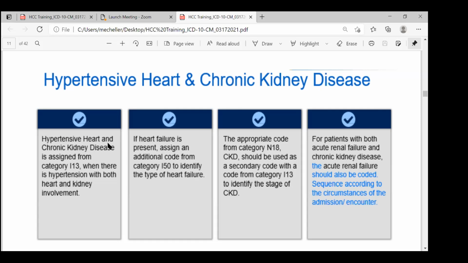So as you can see, as we go through the charts or as we go through our records, we have a primary condition of hypertension, and we're identifying additional chronic diseases associated with the hypertension, and we're continuing to add the ICD-10 codes that properly describe heart failure and those ICD-10s that properly describe the CKD, and add those to the chart. So for patients with both acute renal failure and chronic kidney disease, the acute renal failure should also